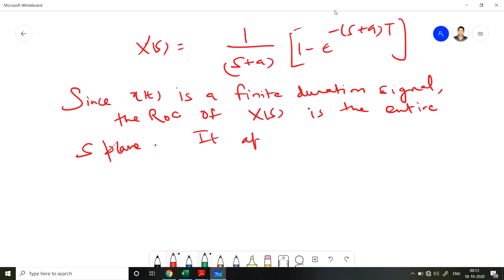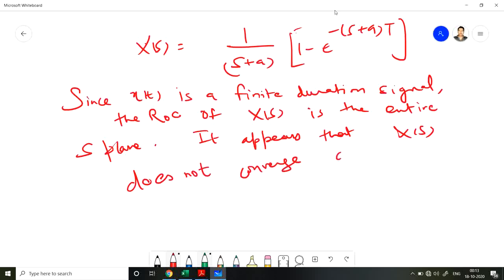It appears that X(s) does not converge at s equals minus a, but in this case,